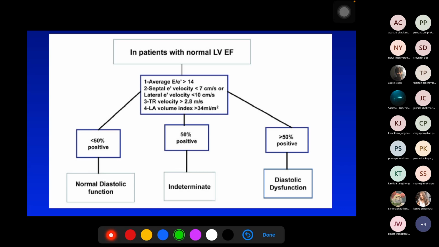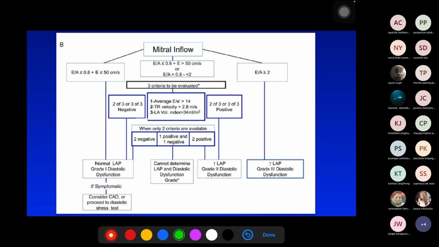And then we look at the detail in this one. When the MV inflow, this one E to